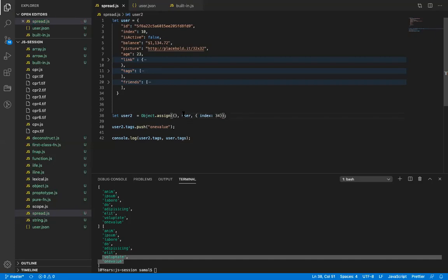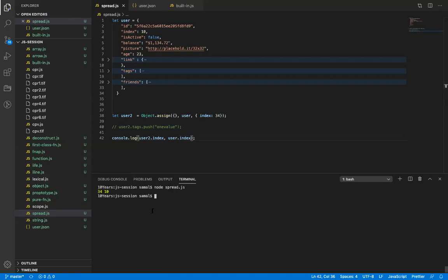It will create a new object, assign all the keys to this new object, and override the index value to 34. If I now run this, you will see that user2.index is 34. So this overrides.